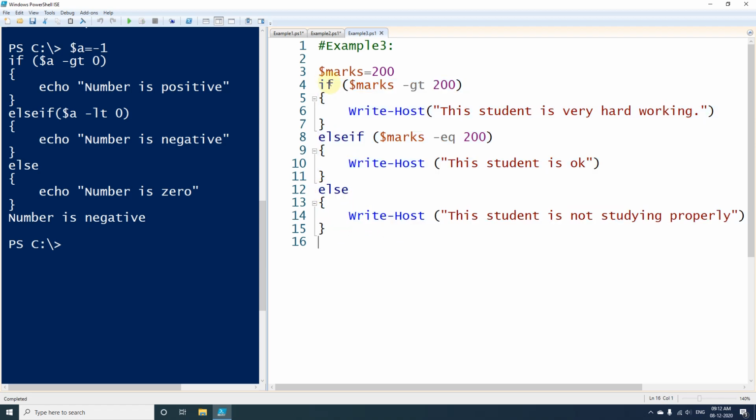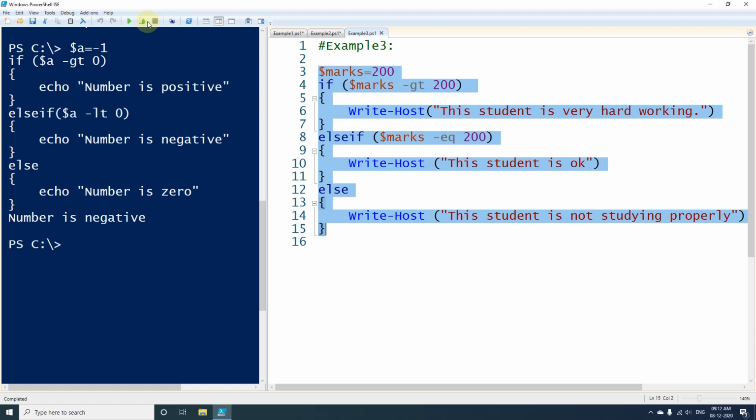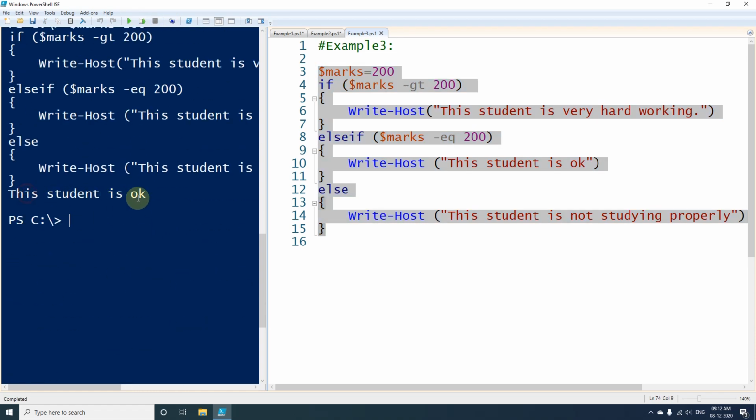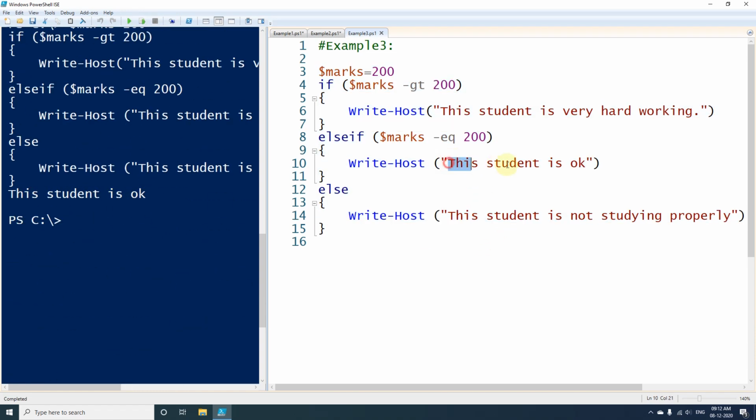evaluated. If I execute this one, we have got the output: this student is okay. Since marks is 200 and here also 200, 200 is equal to 200, so that is the reason this expression was evaluated.